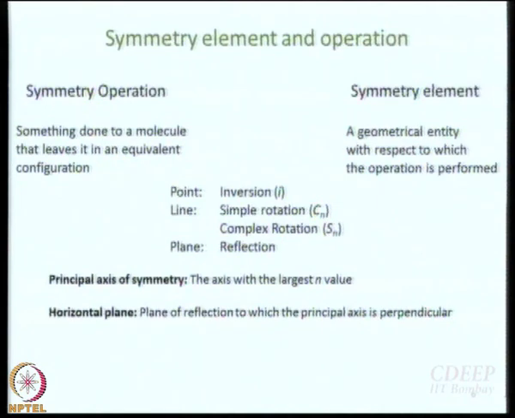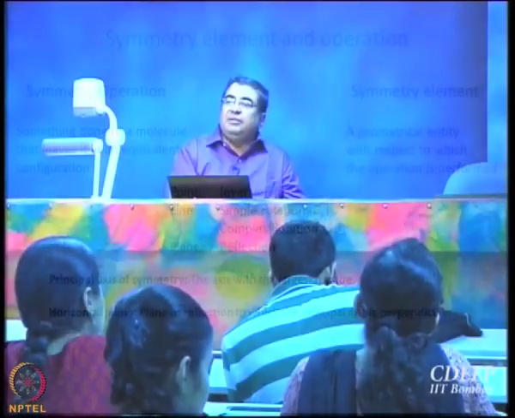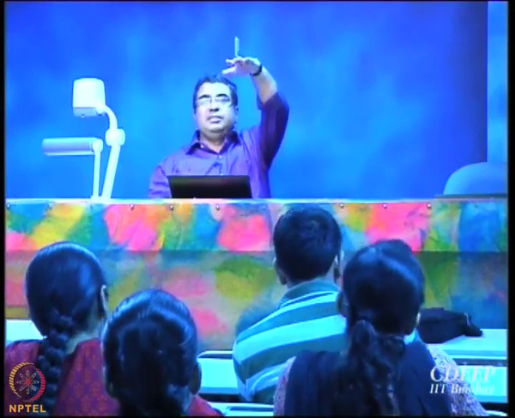Now, when you have a principal axis of symmetry, then you can actually classify the planes of symmetry if they are there. A horizontal plane of symmetry is a plane to which the principal axis is perpendicular. Once again, it is easiest to understand with the example of benzene. The molecular plane of benzene is a horizontal plane, right? So, this is the molecular plane, this is your principal axis of symmetry. The principal axis is perpendicular to the molecular plane. So, this plane is called horizontal. Essentially what you are assuming is that the principal axis is always held vertical.